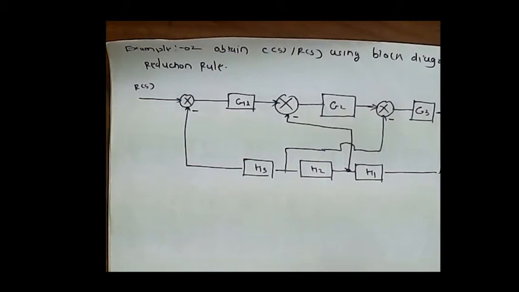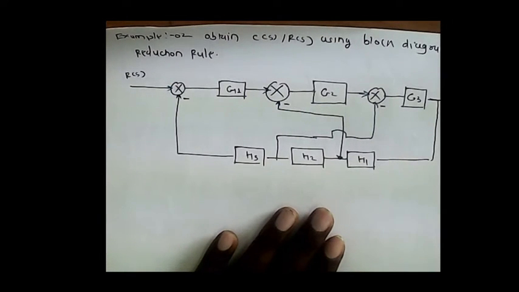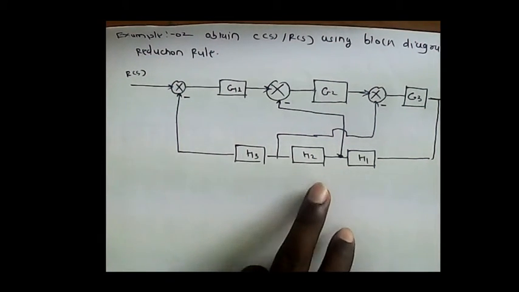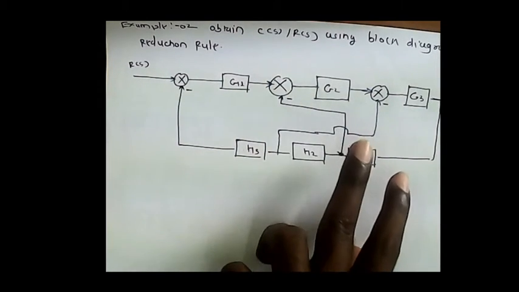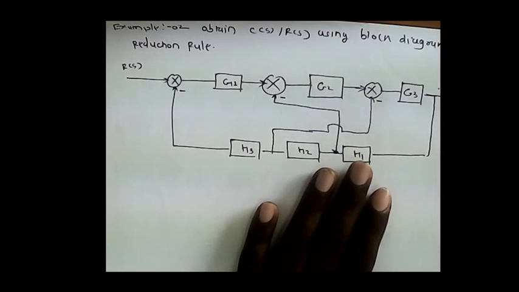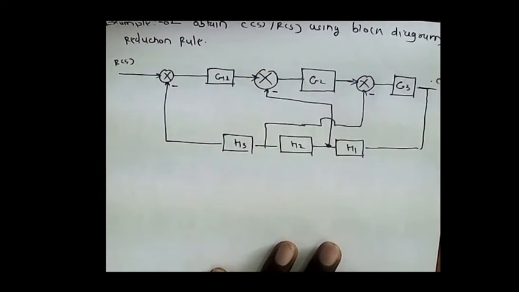To better understand the block diagram reduction rules to obtain the transfer function C(s)/R(s) for a given system, we can take various examples at various stages of complexity, so we can solve these numericals. If you observe, this is the block diagram which consists of three blocks, three summing points and three feedback loops. First we convert this complicated structure into simple feedback loops. We can redraw this structure and then start solving.